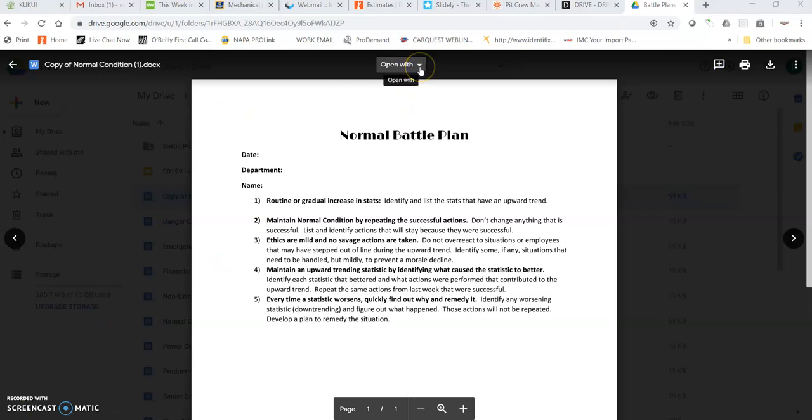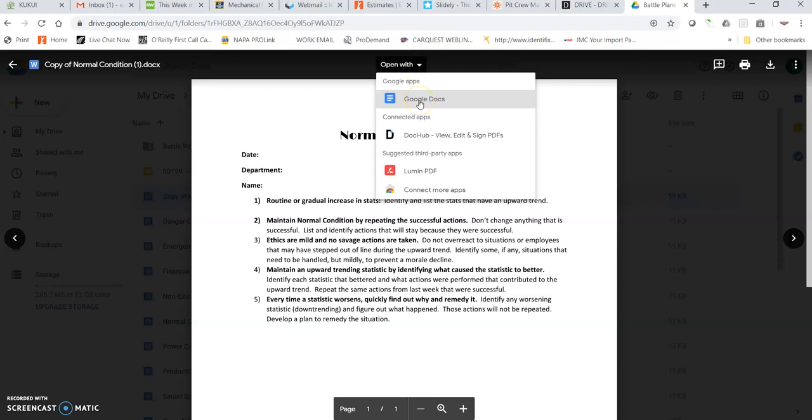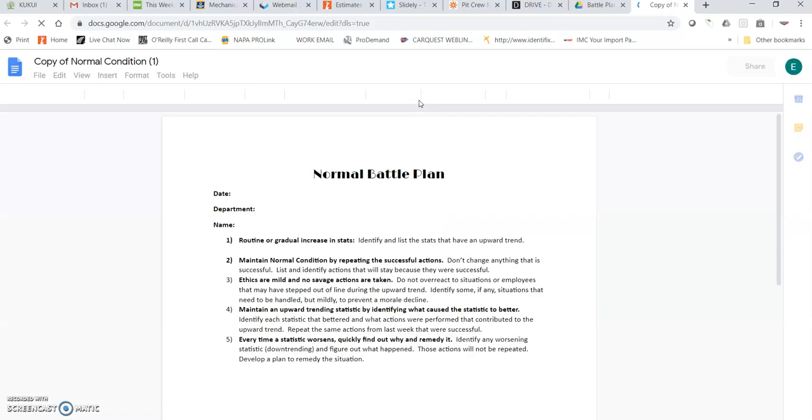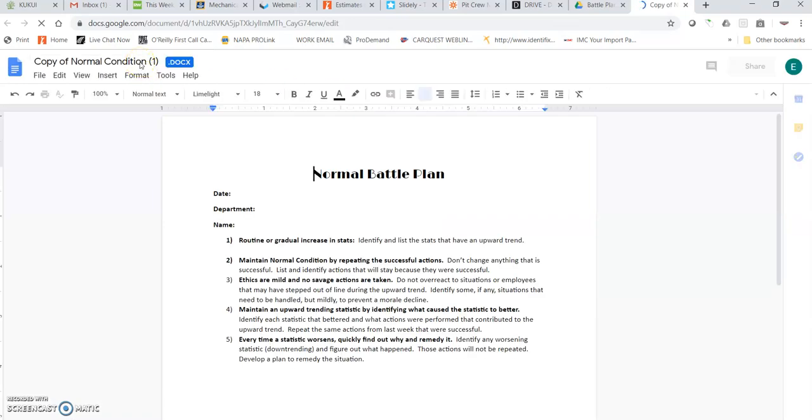So we've opened it, a preview. Now we're going to actually open it so we can start making changes to it. And we're going to select Google Docs. It's going to open up in a new window. First thing we're going to do is rename this